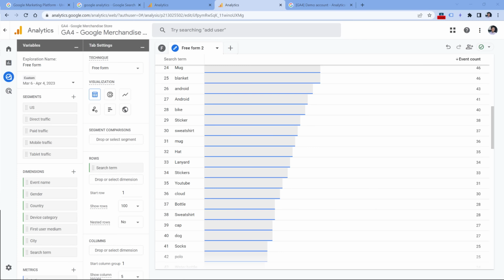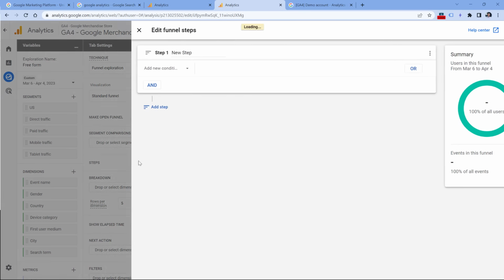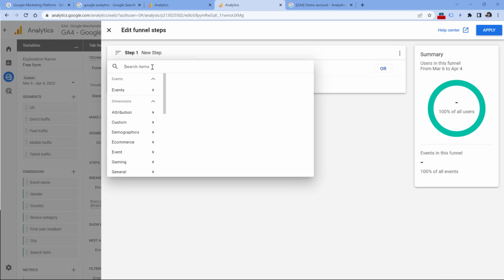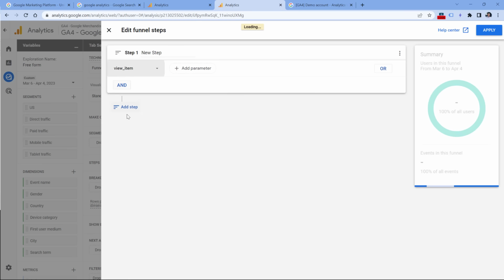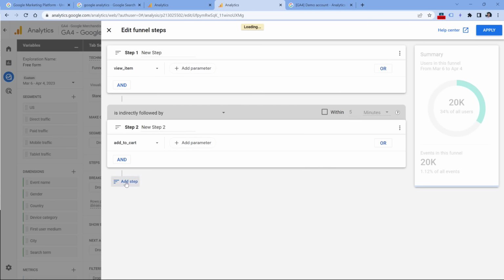The next exploration technique is related to funnels. So let's add that one by clicking the plus icon here and then funnel exploration. And here you can add steps and see how people are dropping off at each step. To do that, in the second column of the sidebar, you should click on the pencil in the steps section. And here you can add a particular step. For example, when someone views an item, then the next step is when someone adds product to a cart, then